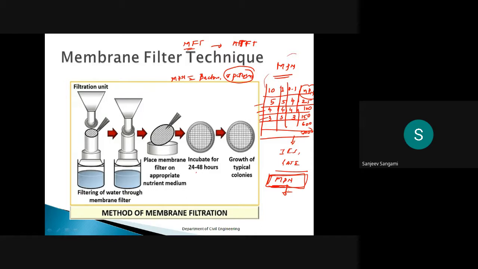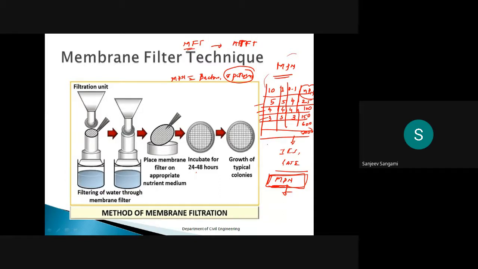The problem will be like this: 10 ml is having a 5, 5, 4 tube. One more set is having 4, 4, 4. One more set is having 3, 3, 3. What will be the expected MPN? Suppose it is in a different combination, what will be the expected MPN? Some standard formula has been used to calculate that MPN table. Of course that is not required now, maybe in a separate class I'll explain that.